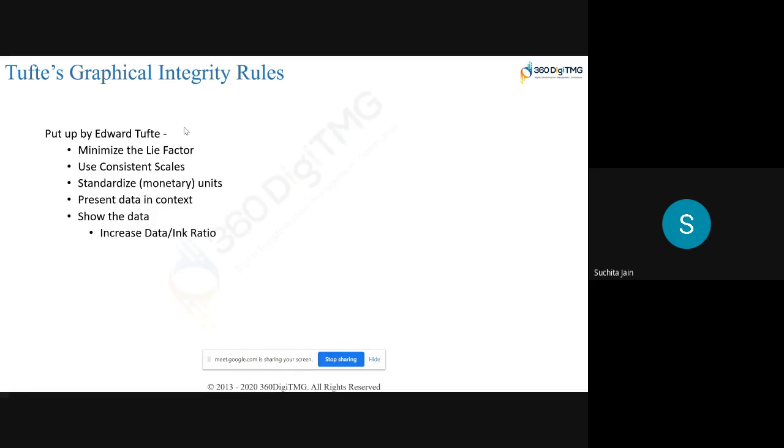Edward Tufte, he is the father of data visualization. Okay, so there are certain rules, graphical integrity rules, which he came up with. The first and the foremost rule is to minimize the lie factor. When I say lie factor,